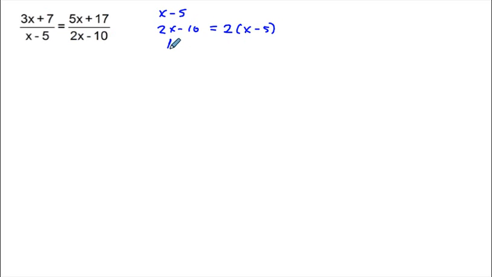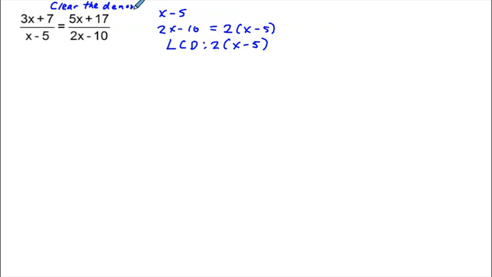So our least common denominator between these two denominators is going to be 2 times quantity x minus 5. And we're going to use this least common denominator to avail ourselves of the technique of clearing the denominator. So I call this our least common denominator is going to clear the denominator,